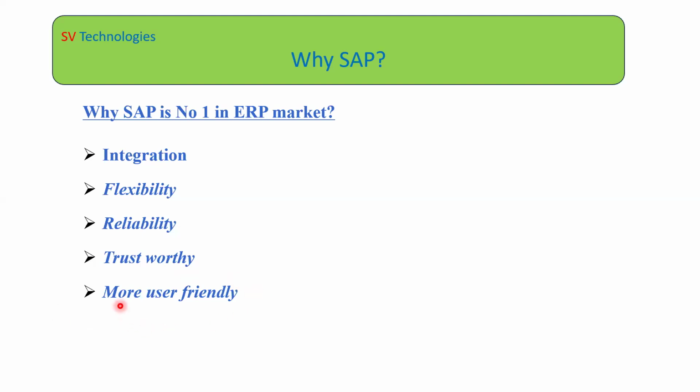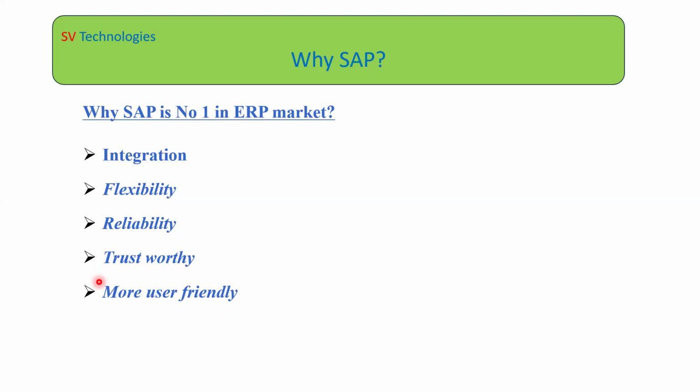The end user using the system, that is the most important thing. If the end users are not comfortable with the system, any ERP system, not only SAP but Oracle, PeopleSoft, anything, then they don't want to use the system. They want to use whatever existing software or system they are using. They don't want to adopt this new functionality. Then what will happen? Most of the SAP projects will fail if the end users are not comfortable with the system.